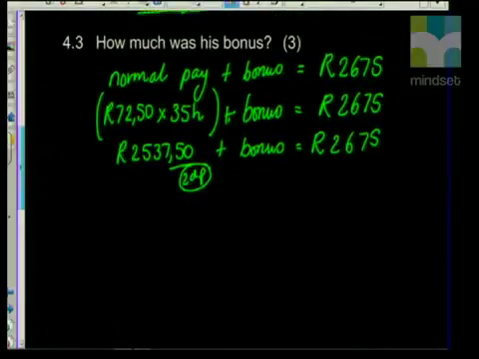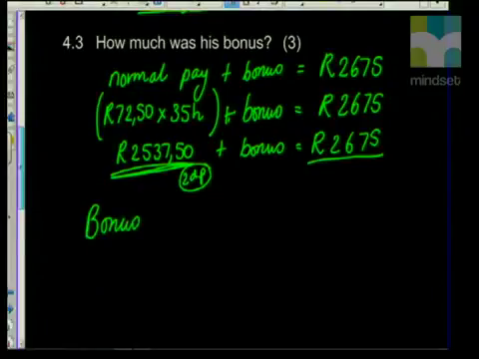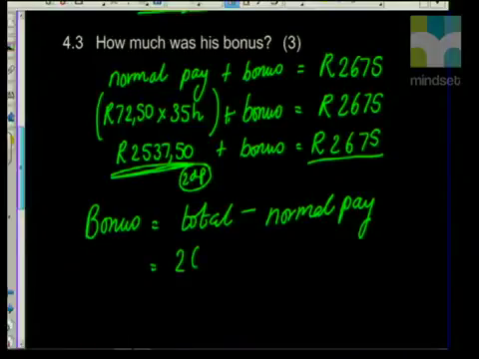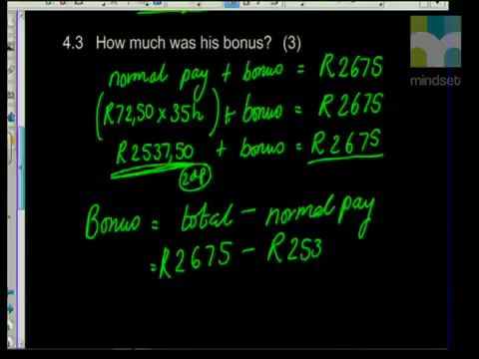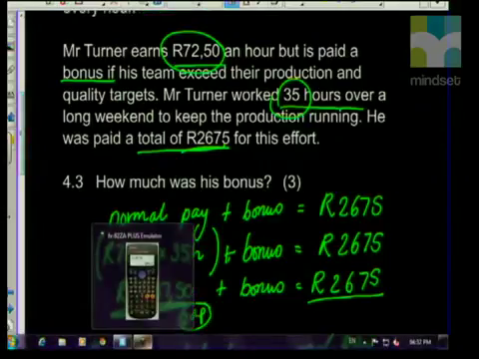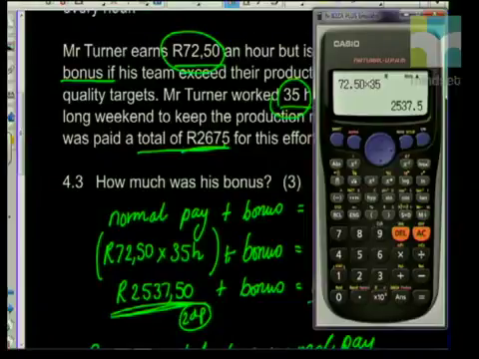Right, so basically what I have earned minus what I normally earn will give me my bonus. So my bonus is equal to the total minus my normal pay, which is 2,675 minus my normal pay of 2,537 Rand 50, which when I do this on my calculator is going to give me